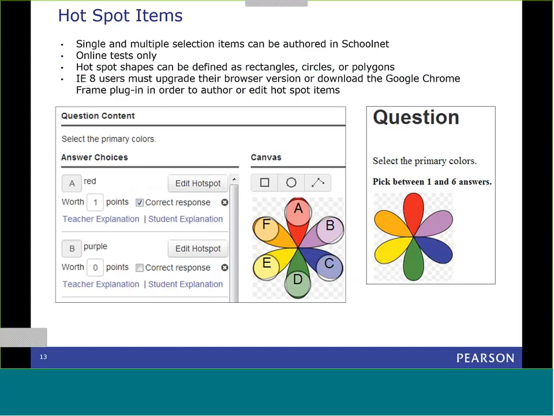So as I mentioned, there are some technology-enhanced items. I'm not going to demonstrate the hotspots today, but basically what a hotspot is, we have a single and a multiple selection type where you can upload an image. So let's say you have a map of Texas and you wanted to have the students select the 3 largest cities. What you would do is upload the map into the Canvas area, and then you would create 3 individual, what we call hotspots, on that map,